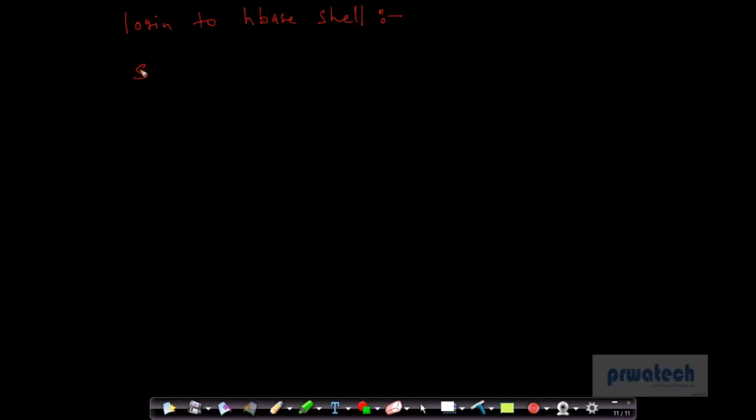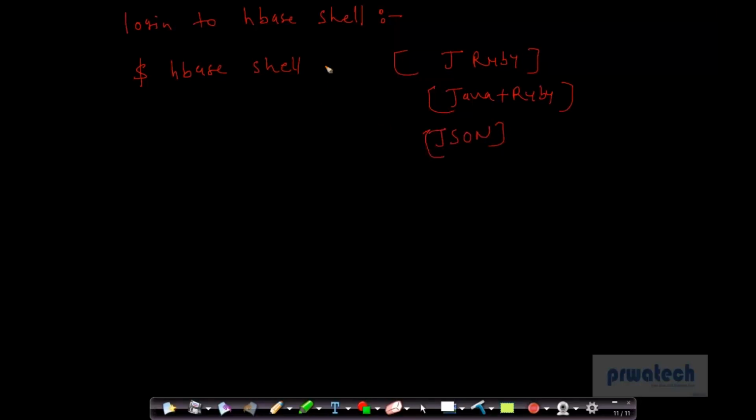This is the HBase shell, and this shell is built on a combination of JRuby. JRuby is Java plus Ruby. Whatever query I'm writing inside the shell is all in JSON format, JavaScript Object Notation. And if you ask me what Ruby is, Ruby is a programming language, just like Python,